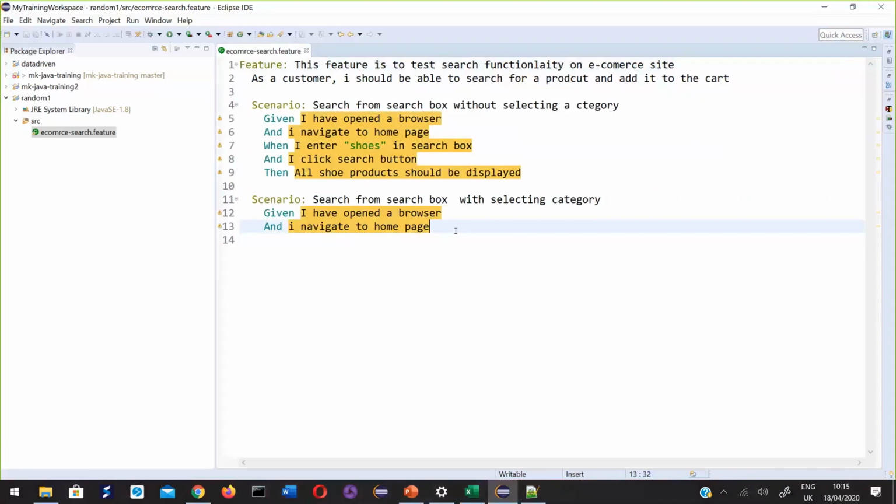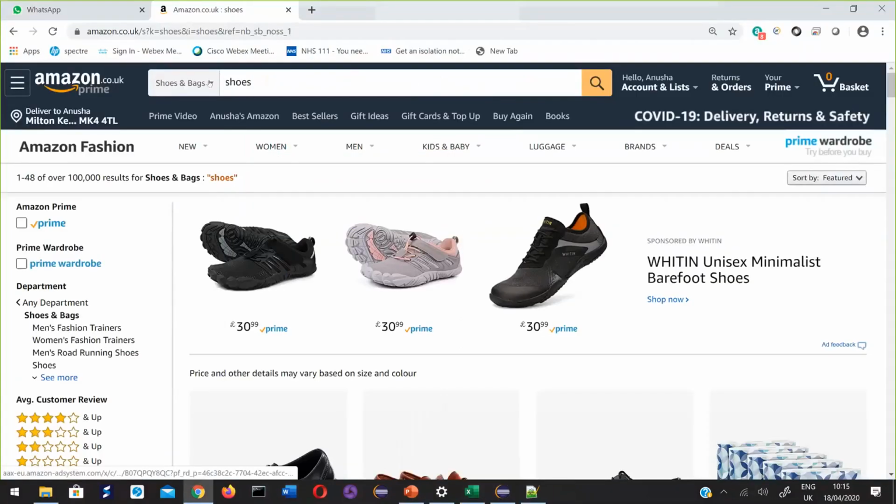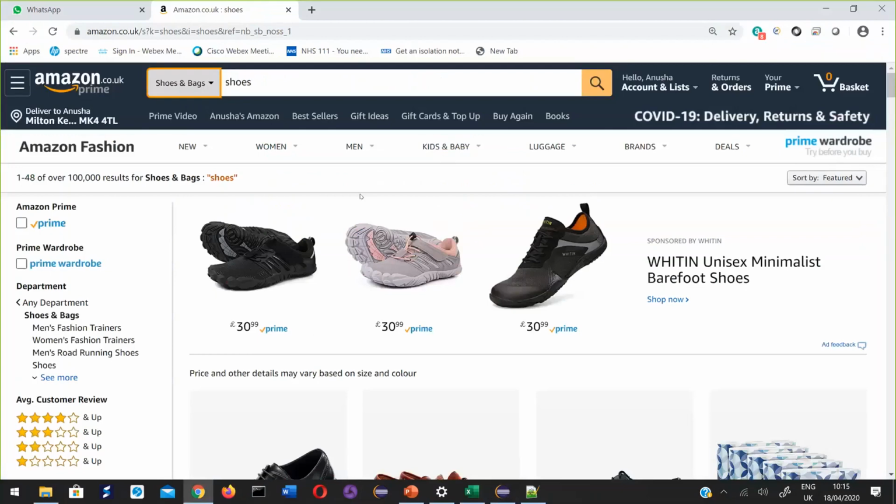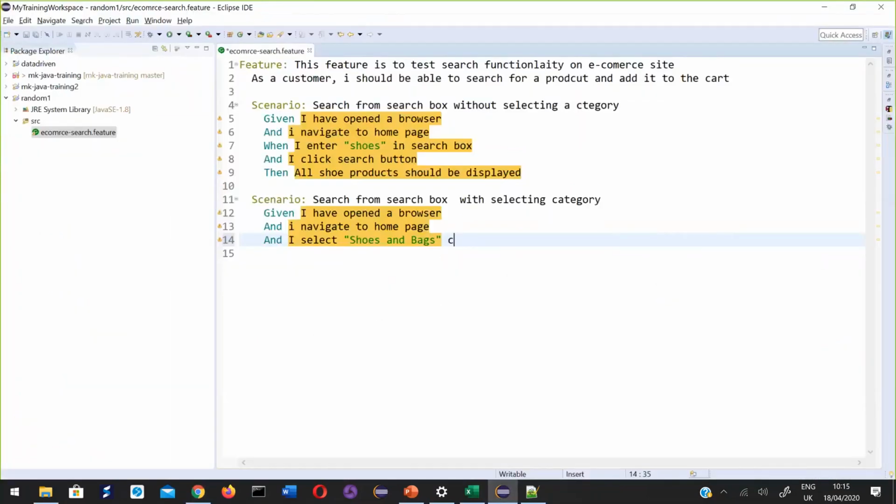Then I navigate to home page. Okay, I will add this to precondition, and I select shoes and bags category.